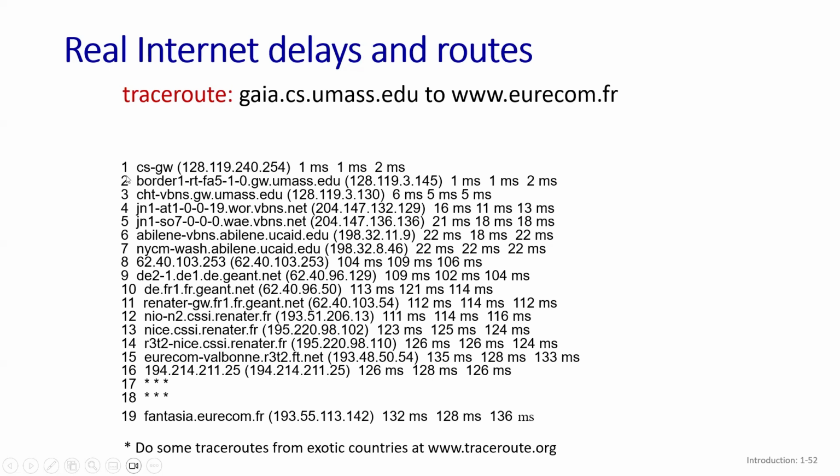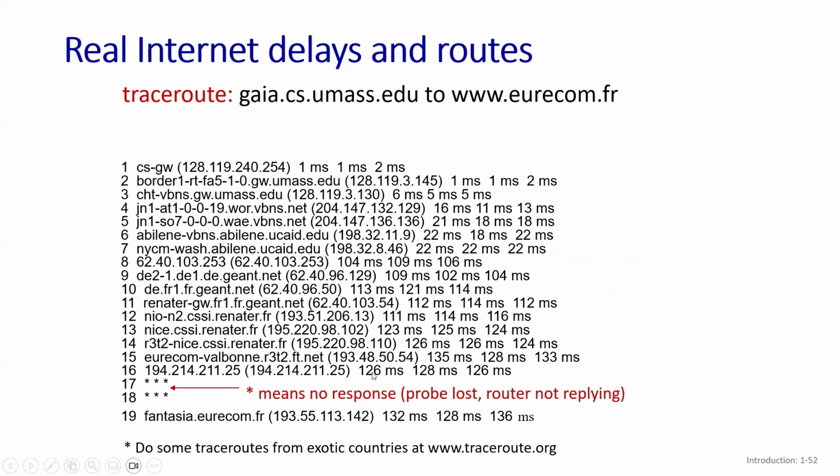And as we go, the number of routers and physically the distance becomes bigger and bigger between the source and destination, you can see that the delays are increasing. So from 1 millisecond to 6 millisecond, 16 millisecond, 21 millisecond, 22 millisecond, and it keeps on increasing. Especially here, you can see the transocean link. It is 22 to 106 millisecond. The delay has increased. And sometimes these delays might reduce as well, but overall, what you see here is that